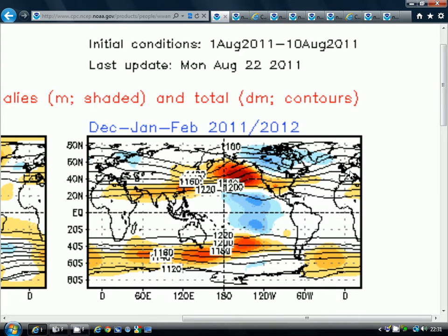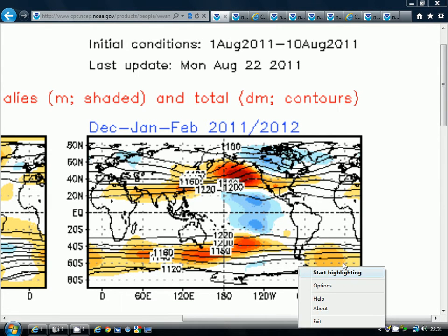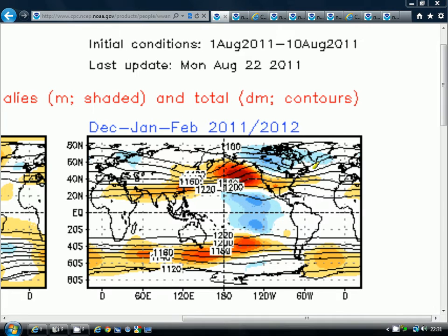But the winter prediction in August 2011 for winter 2011-2012 was for quite a zonal sort of winter. It had below average heights at 700 millibars sitting up here. That's an area of low pressure. It was going for high pressure to be ridging through the Atlantic, through there, so around the central Atlantic. And if I just get rid of that and highlight again, you'll be able to see that the jet stream with this would have been forecast to be somewhere around there, coming through or to the north of the British